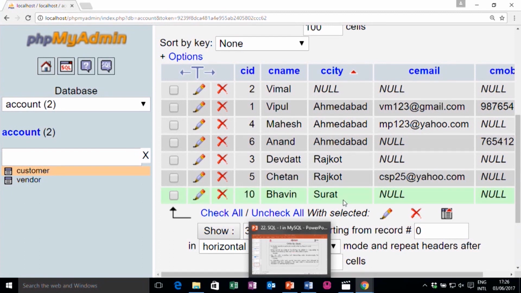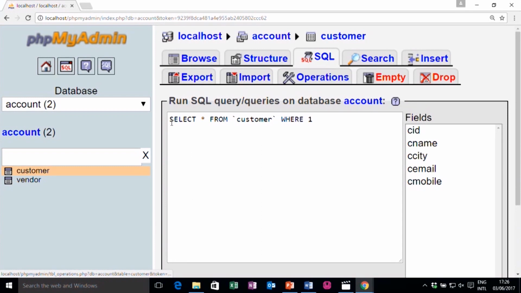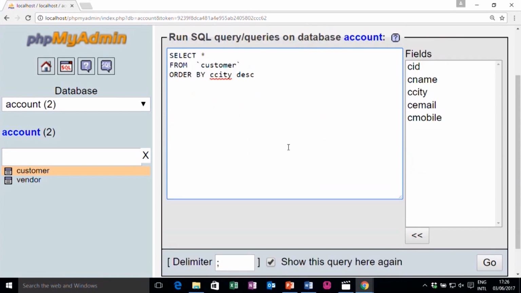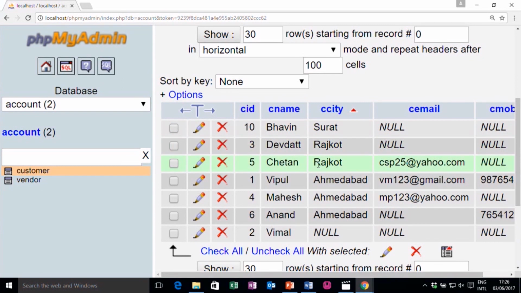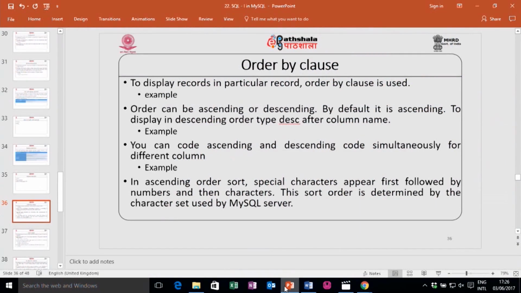If you want to display in descending order, you can write order by and then use the keyword DESC. Say for example, if I write order by city DESC, it will display Surat first, then Rajkot. After the column name you can provide that order.